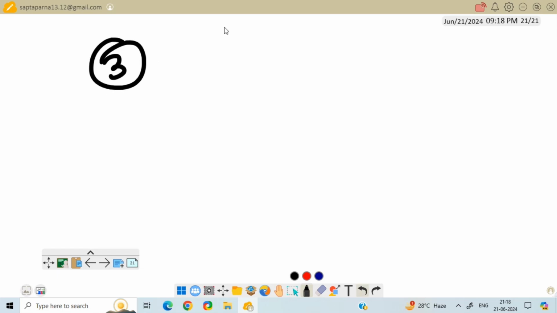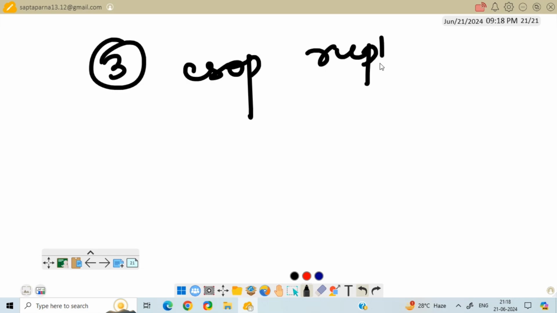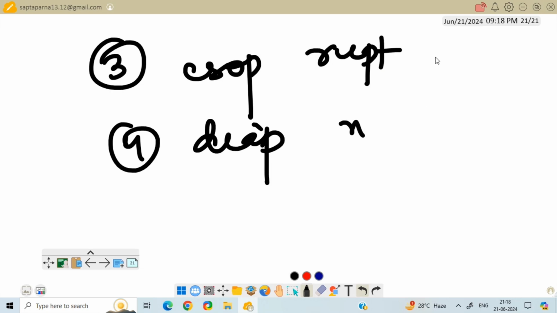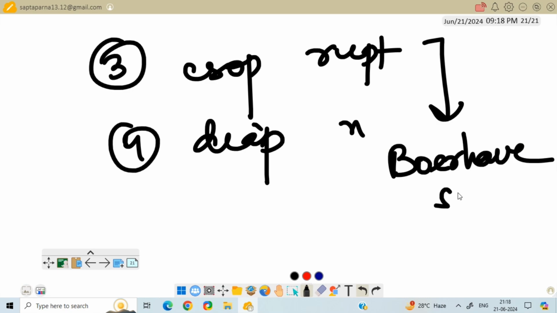Number 3, forceful and strenuous vomiting can lead to esophageal rupture, diaphragmatic rupture. What is esophageal rupture called as? Anyone? So it is also called as Boerhaave syndrome. Next is, it can also lead to